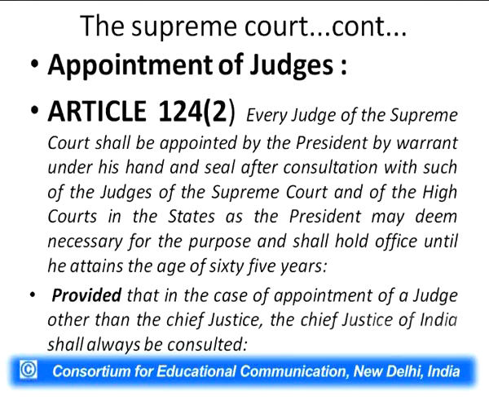So, here you have the basic format regarding how the judge of the Supreme Court has to be appointed, but you have to keep your focus on the starting line of Article 124 clause 2 of the Constitution. It says, every judge of the Supreme Court. Every judge of the Supreme Court does not mean only the other judges of the Supreme Court, but it will also include the Chief Justice of India.